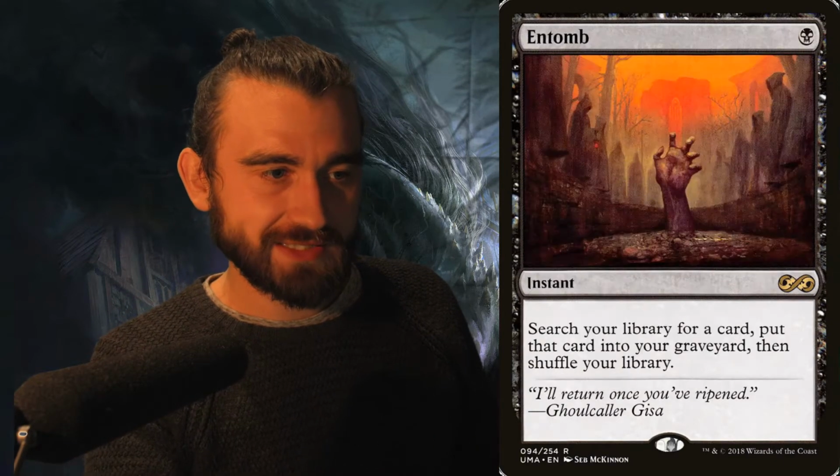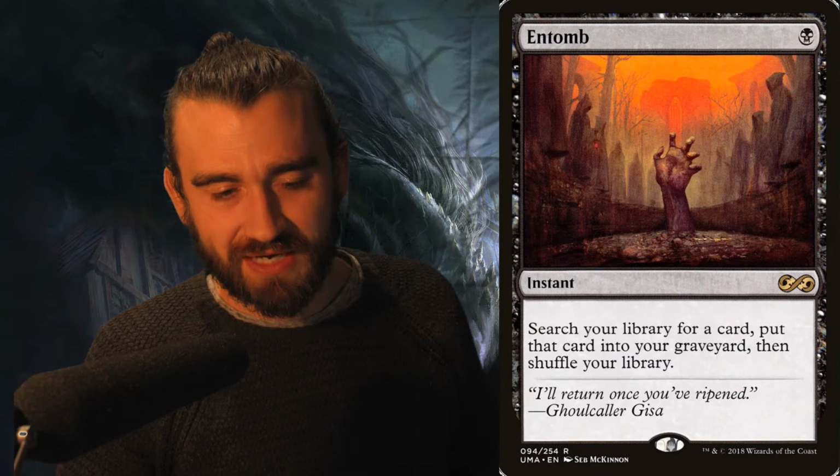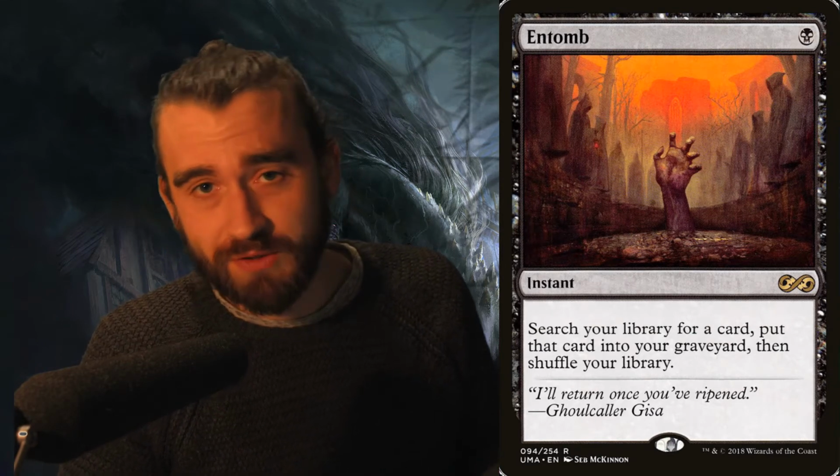We also had effects like this, Entomb. Search your library for a card. Put that card into your graveyard, then shuffle your library. So you don't need to have your entire deck full of Reanimator cards just to have it in your hand to be able to discard it to then be able to reanimate it. You could just have Entomb. Entomb and maybe a couple of discard cards and maybe 4 or 5 cards which you actually want to reanimate. So this made you able to not have your entire deck be, you know, reanimate. You could have some threats, maybe some counters, and a little bit of other stuff in there, some discard outlets